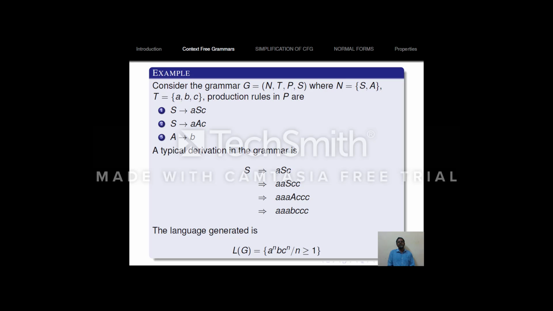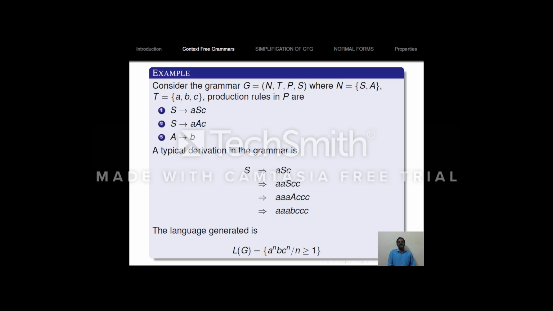Now the production rules are given like this. S goes to ASC, S goes to AAC, A goes to AC, and the last production is A goes to small b. So for example, how to find out this? Given a grammar, usually in this type of problem, we should be in a position to compute the language